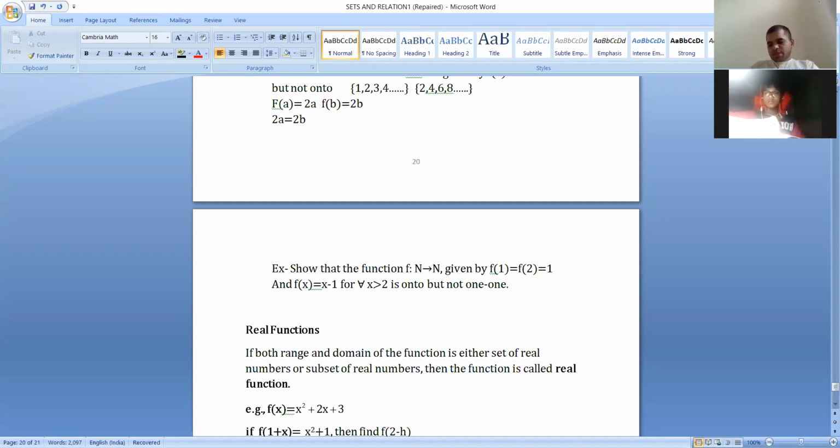Are you seeing any page number on that? It is related to functions. Yes, I am telling you. Okay, I got it. Topic practice 3. So what is the question? Which of the relations are function? Which of the relations are function? Yes. Okay.